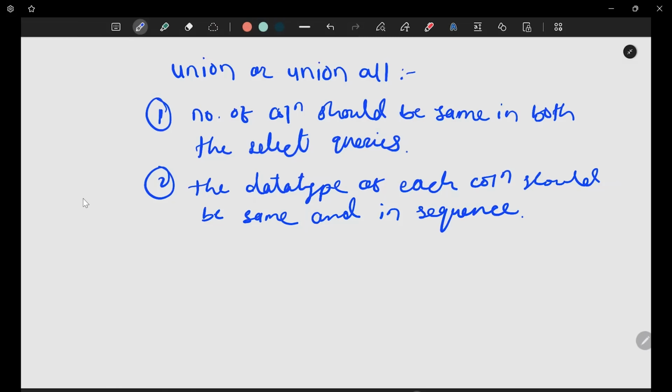So the data type should be same for both, like let's say we have city, earlier we saw the example of city, okay. Then the city from both the table should be of varchar data type, or let's say we are extracting some ID, then ID in the first select should be of int type. Let's say select ID union